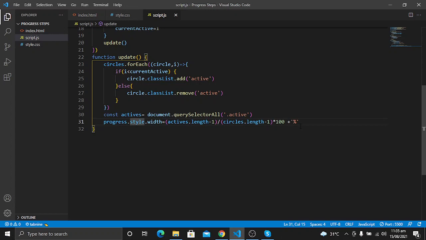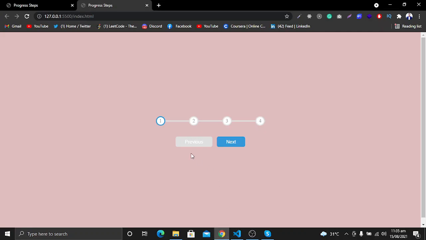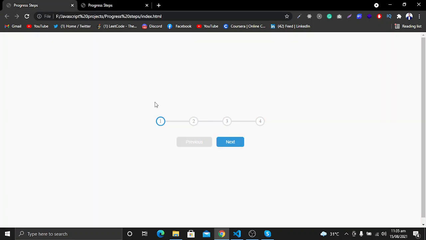So the next part, we want to fix this default disabled button, and what we want to achieve is that when we hit next, the next button will be disabled on the last item and the previous button will be disabled on the first item.